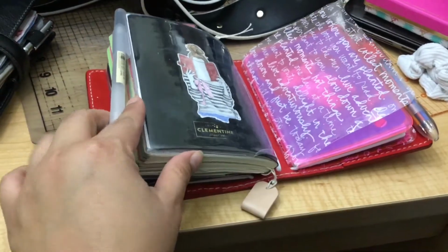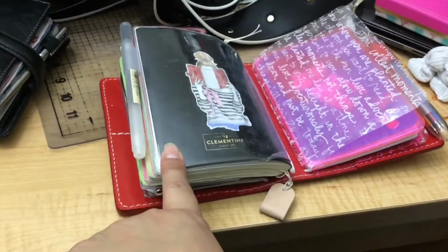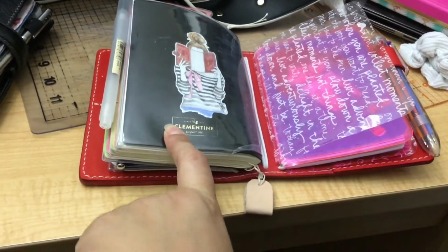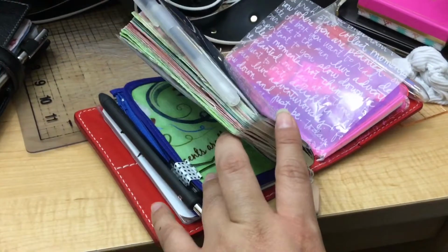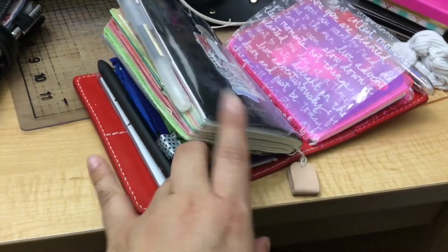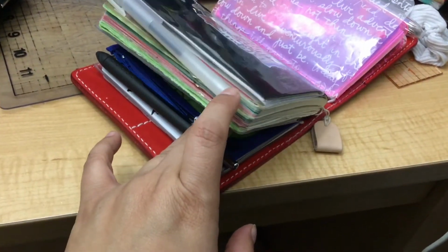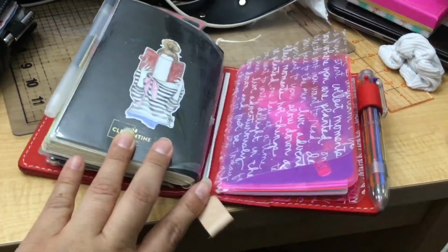I need to find another one. And then this is actually, I want to say this is a Hobonichi cover that I got on Amazon. I'll try to link that down below as well. I keep this protected because you could kind of see that I've had it for a couple months. I mean, we are in June and I started at the beginning of the year, and you can kind of see where I've used it, and I didn't want it to get damaged anymore, especially when you run it through